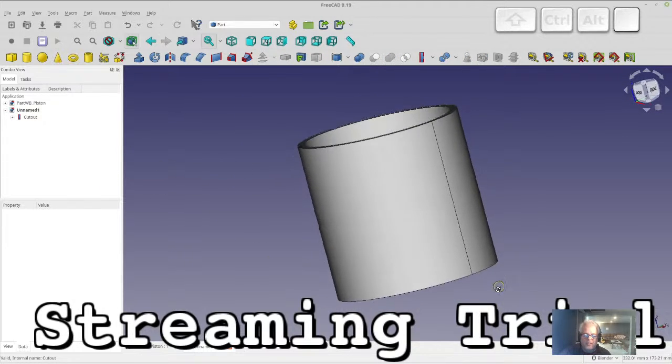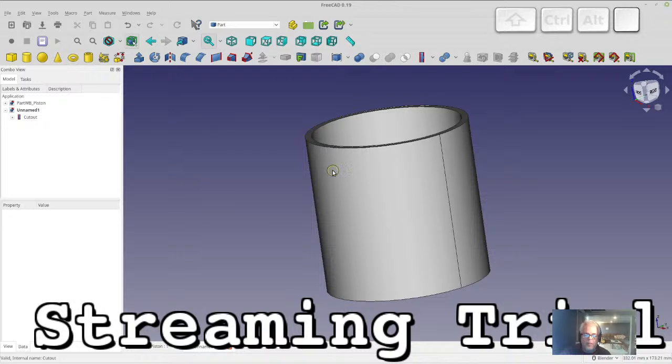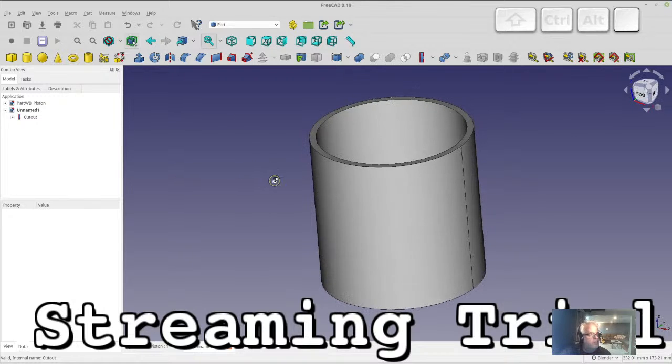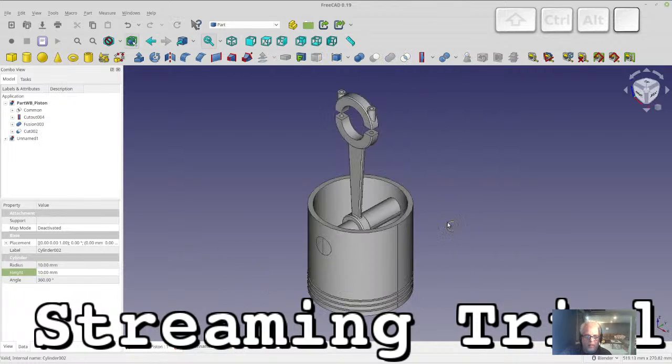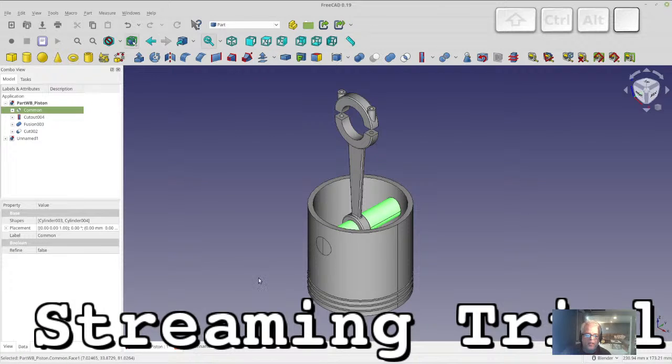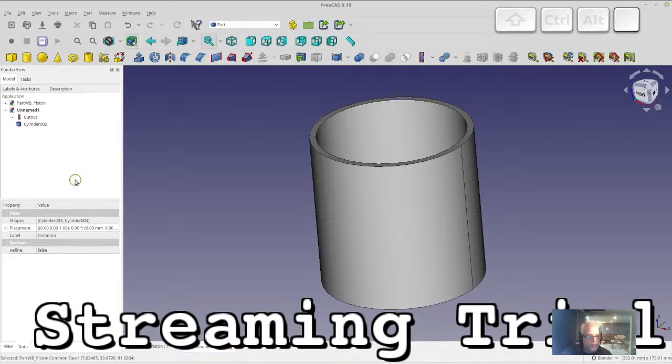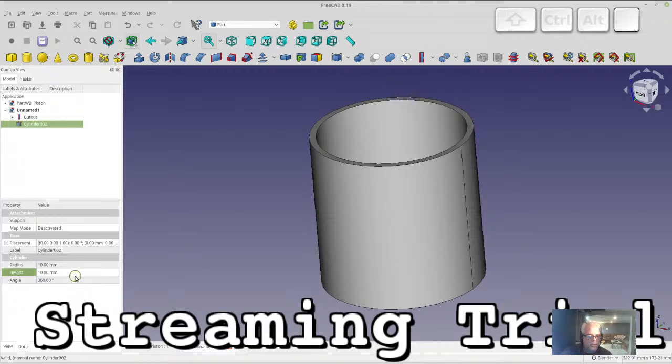That's our basic cylinder. So now I want to cut out a shape for the wrist pin, and so I'm going to do another cylinder, and we'll make that cylinder radius, I think, fairly large because the wrist pin would have to be large, so we'll do 10. So what we're doing right now is this piece right here. That's the wrist pin. So let's go back to the cylinder, and it's going to be